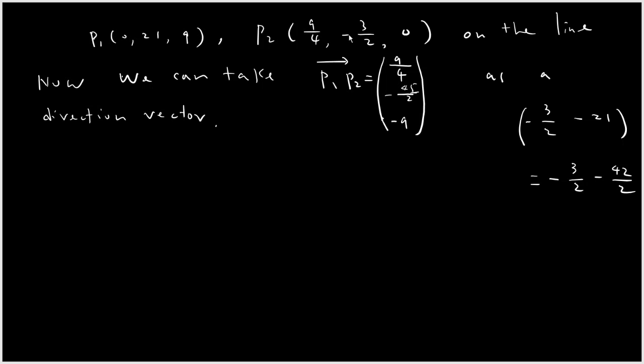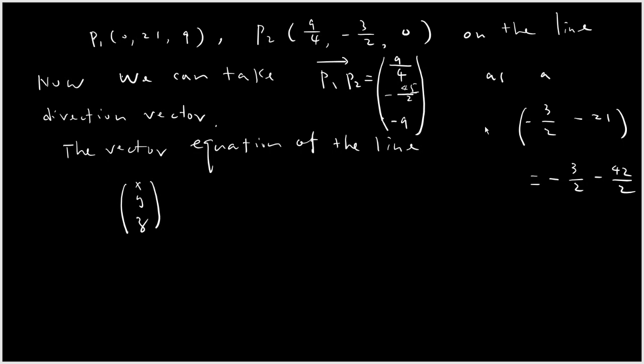Okay, so we can take that as a direction vector. Now we have all the information we need in order to get the equation of the line, right? We wanted a point. We wanted a direction vector. Now we have everything. Now it's a matter of using the formula, right? So the vector equation of the required line. You want to recall the form? x, y, z, right? Equals,